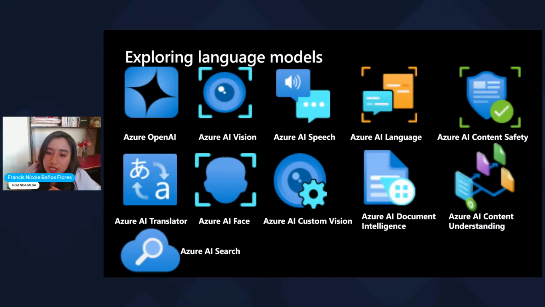And the Azure AI Speech, which I was trying to do some tests with, and I think it is very amazing. And about the Azure AI Language that we'll be seeing, the Azure AI Content Safety, of course, the Azure AI Translator related to languages, Azure AI Face, like recognition of faces, people, objects, the Azure Custom Vision, of course, with Azure AI Vision, they are very linked, and the Azure AI Document Intelligence that we'll be seeing,